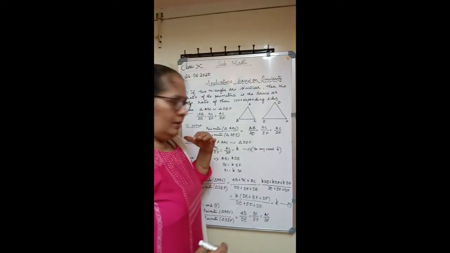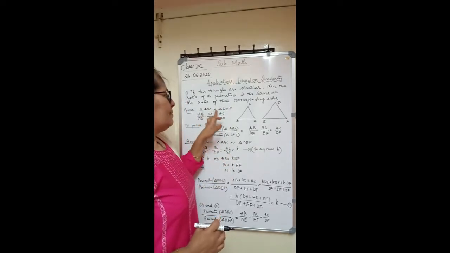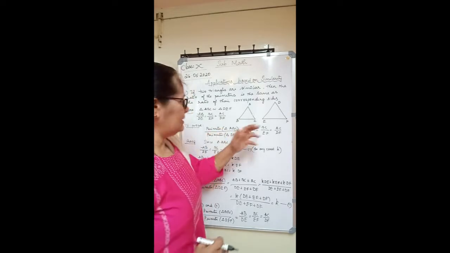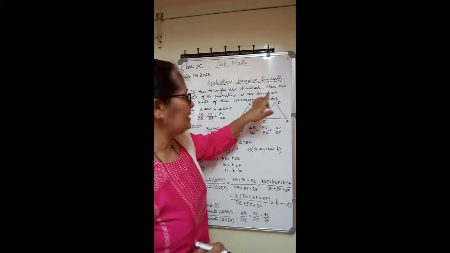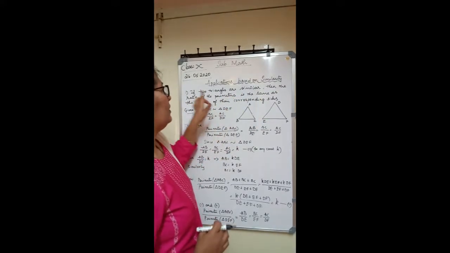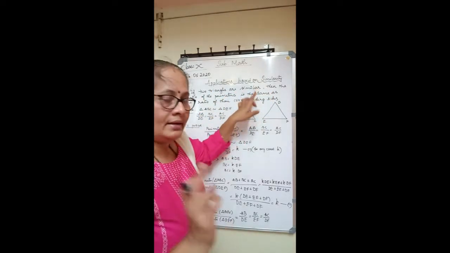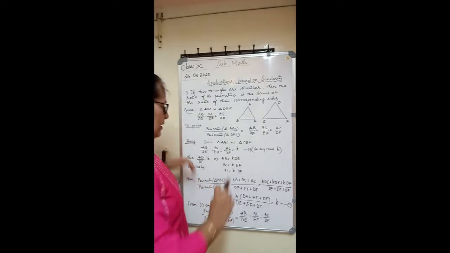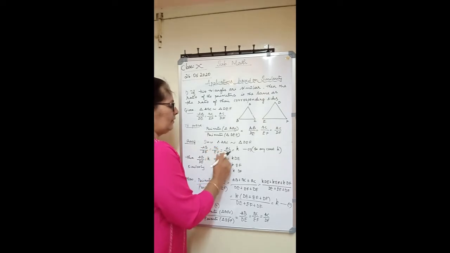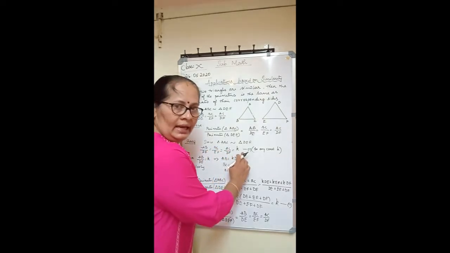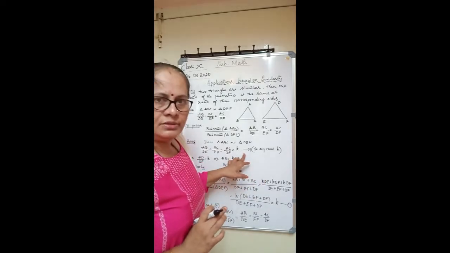Now to write the proof, the first step, the given condition we will use here. Triangle ABC is similar to DEF. It is given in the theorem. So two triangles are similar. When the two triangles are similar, you know that corresponding sides are proportional. So you can take AB by DE equals BC by EF, which is equal to AC by DF equals to K. Take any constant K. Okay, so take as equation 1.